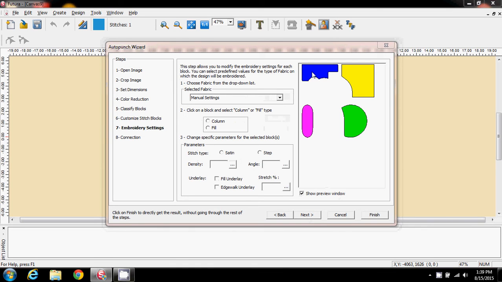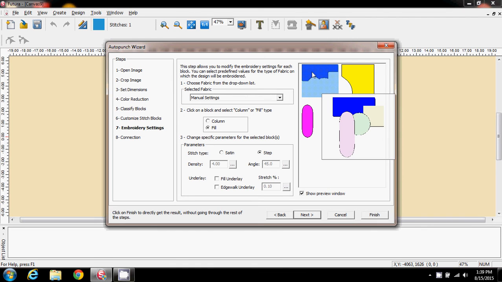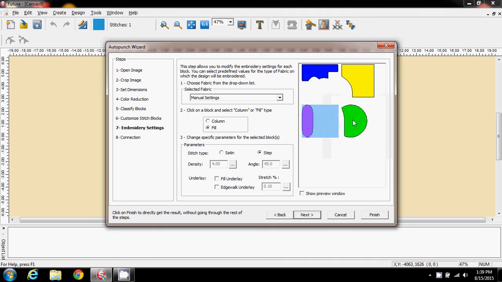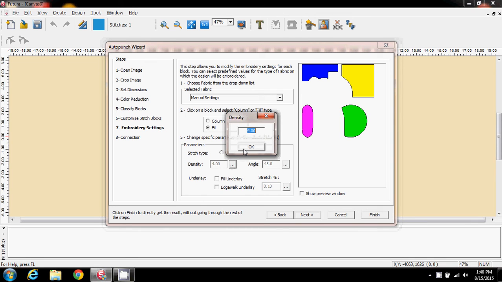And if I look at these, because I said I didn't want any of it to be columned, you can see whichever one I select, I'm going to turn the preview off again, it's automatically on fill. And because where I had that screen with the rooster's tail, I dragged it down to its narrowest, I basically said I don't want any column stitches on this. Okay, also on here, the type of stitch, I've got it on sets, and the density,